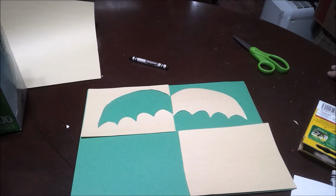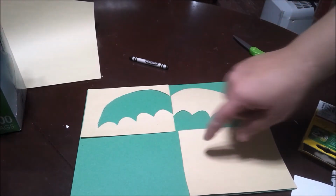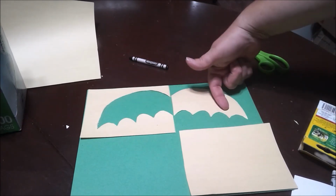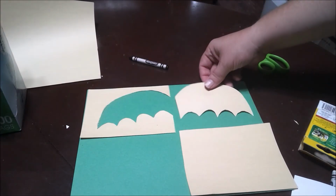We didn't draw the whole bat like we would do for the oil pastel, but we could do them. Both of these can be your own designs. I'm just using the bat wing for an example, and you can do something else for the bottom one. If you know how to fold a paper in half to cut a heart, that's a great way to do it. But basically anything's going to work. Now this one's in the opposite direction. So I have my light paper here and flipped it over here. It's the same piece. I'm just making it match up